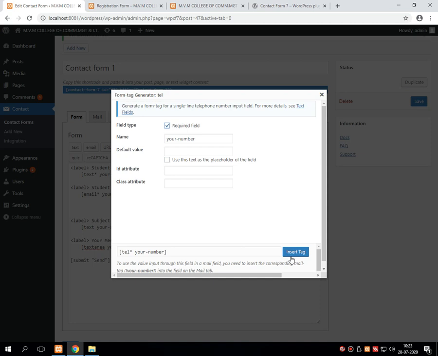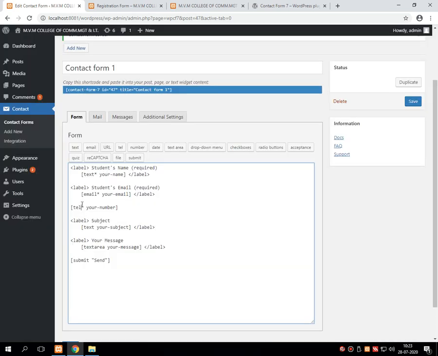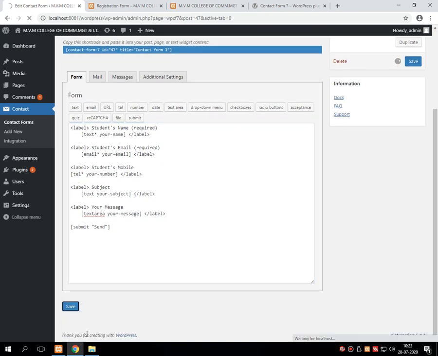I am making it compulsory, then I am inserting this tag and giving a label students mobile. I am completing this particular field with label, slash label. Then I am saving this particular content.